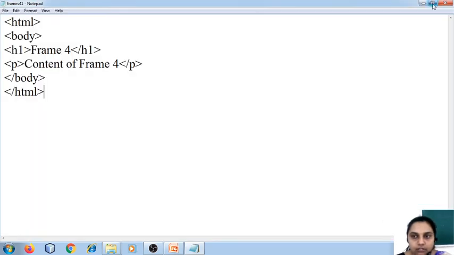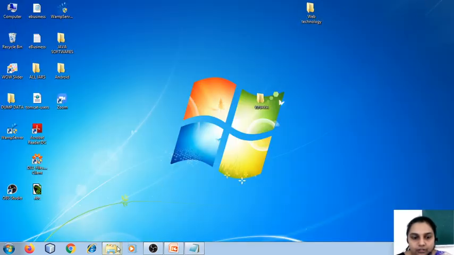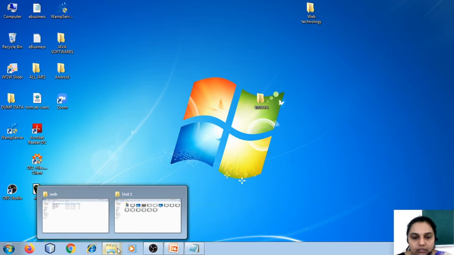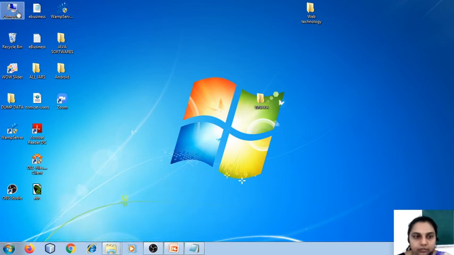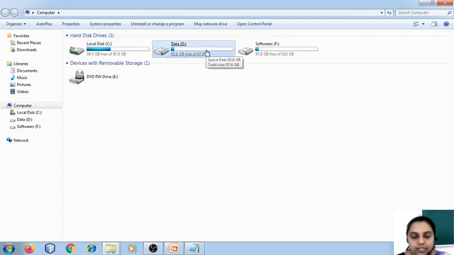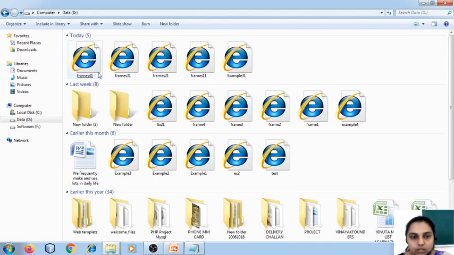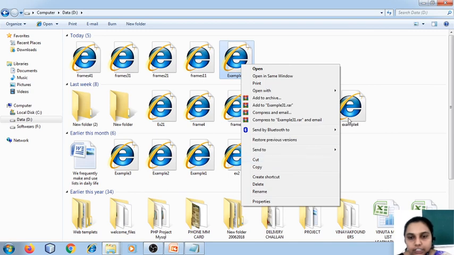Okay. Now one thing I have to remember is that I have saved it as example31. In example31, I have saved it as frames1, frames2. So my file name is going to mismatch. So I'm just going to go back and then change the file names.